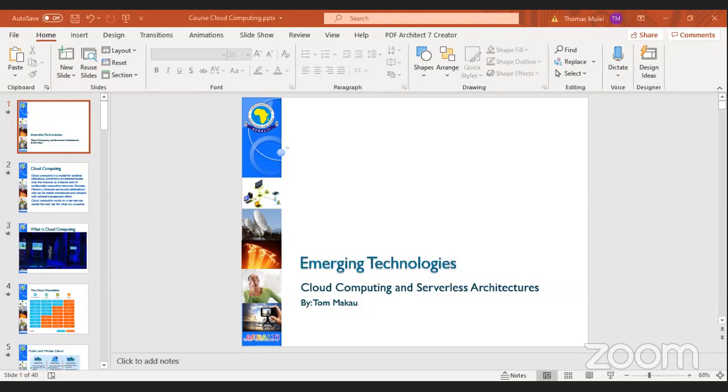What I'd like us to do is introduce the subject in as far as what cloud computing and serverless architectures is.